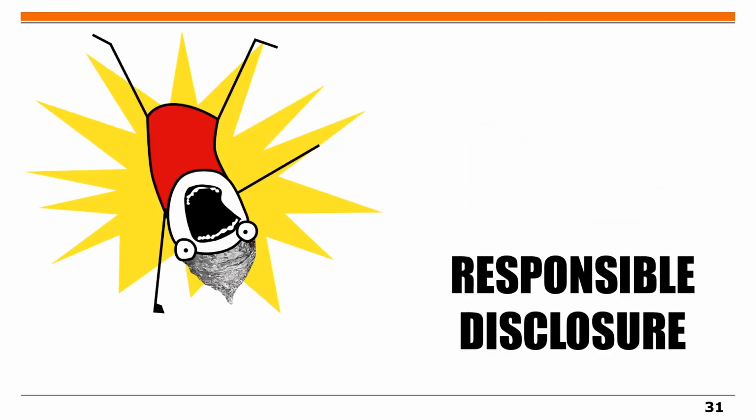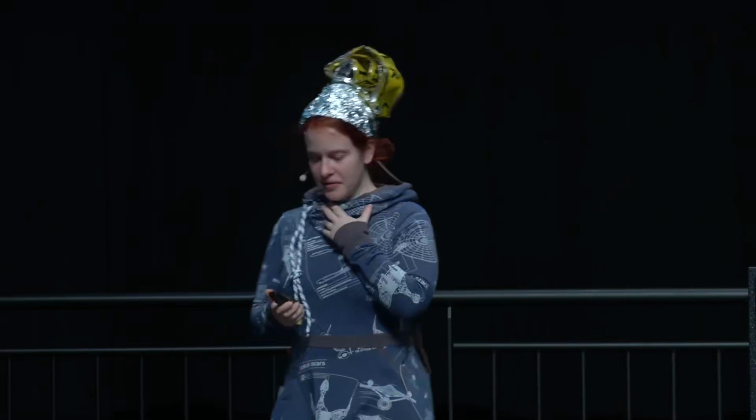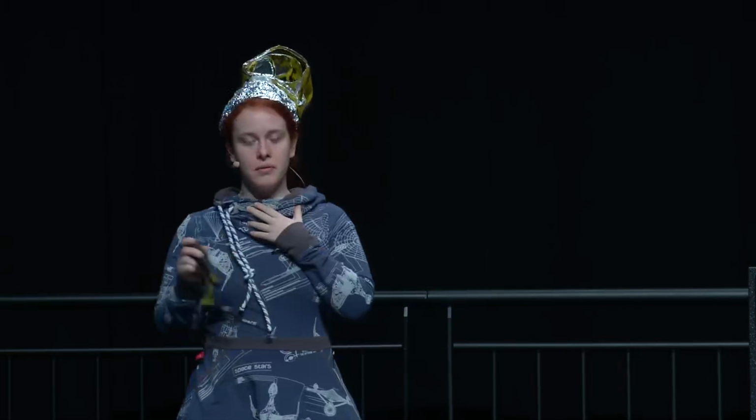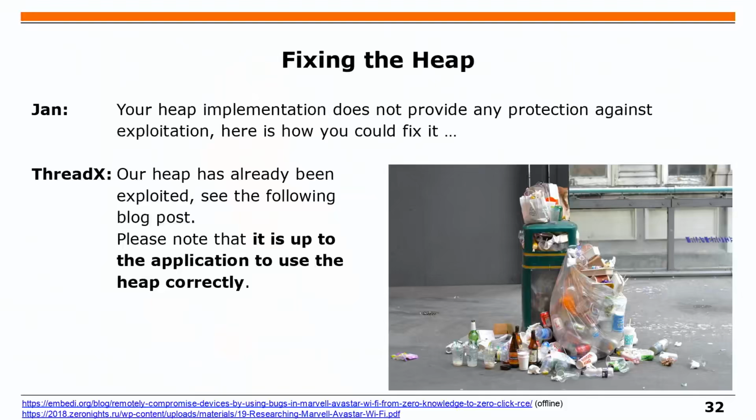Yeah, responsible disclosure. That's the thing: when you find stuff, you need to do responsible disclosure. I said Jan was writing a lot of emails, and one of the first that he wrote was to ThreadX, because ThreadX is the operating system that runs on the Broadcom Bluetooth chip. He said, like, your heap is a bit broken and does not have any checks. You could implement the following checks, which are pretty cheap, and then I could not